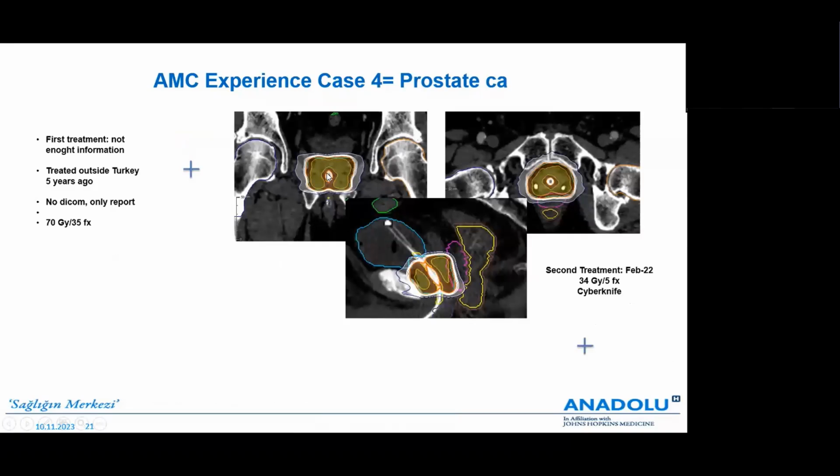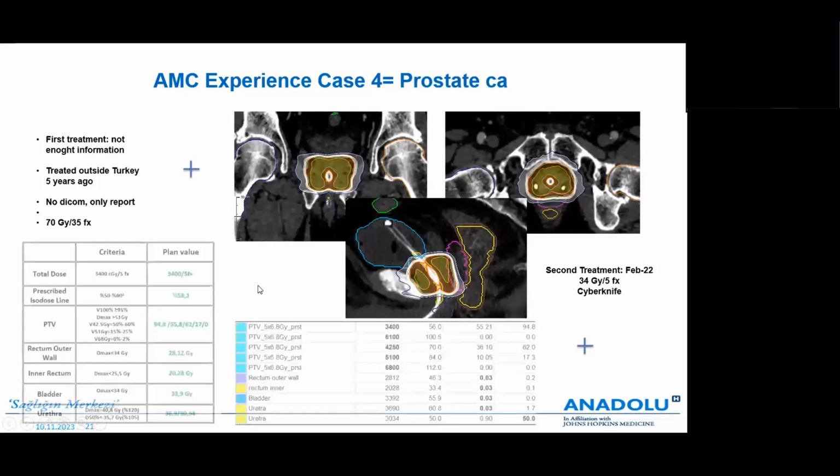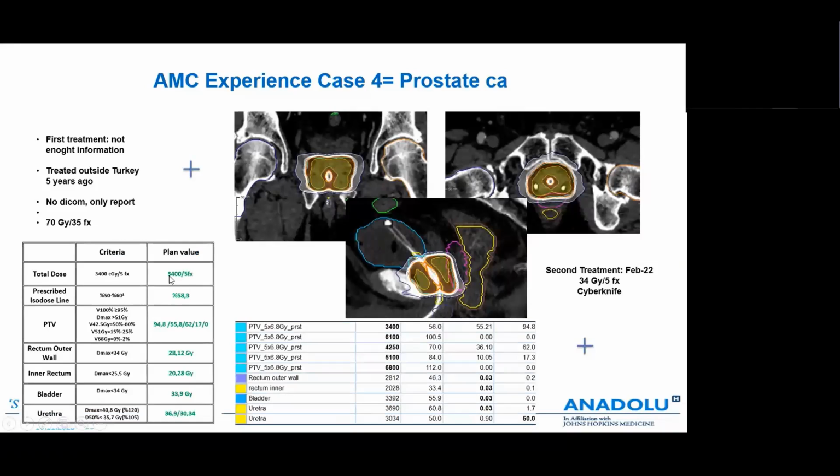What we are doing is using a fuller protocol, which means that we are creating a brachytherapy-like dose in CyberKnife, which is very heterogeneous inside, but we are also protecting the urethra. So after 5 years, we gave 5 fractions. Total dose is 34 gray with CyberKnife, and then we used the fuller protocol, and we filled the dose here, which means that we are creating the rectum outer wall, inner wall, and the bladder volume, and the rectal dose, and we checked their maximum dose according to the reirradiation data. So according to your site, you should create your form, and you can follow